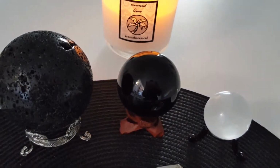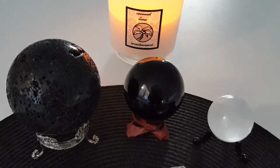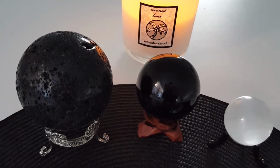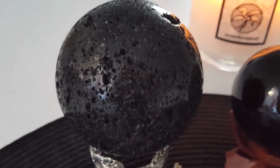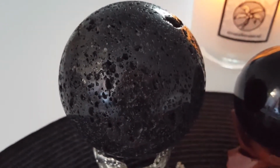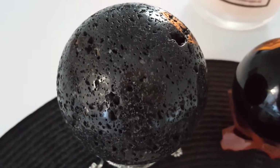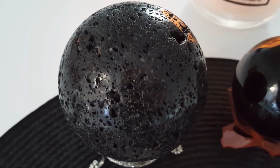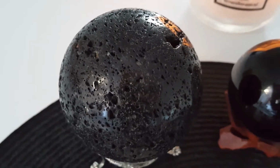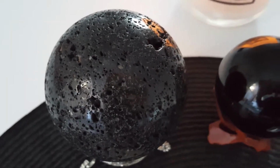I never tire of gazing into these beautiful pieces of Mother Earth. This is a lava sphere. It's beautiful, isn't it? So lava comes out of the earth and cools slowly, so it's able to roll down